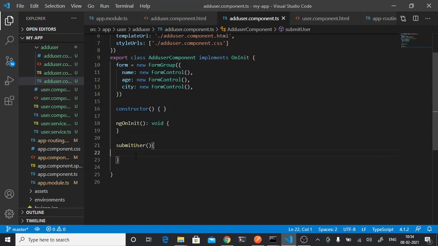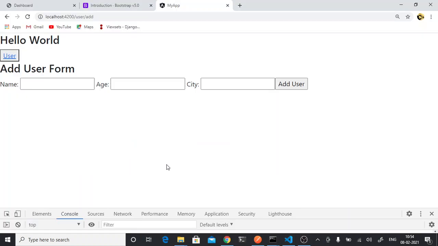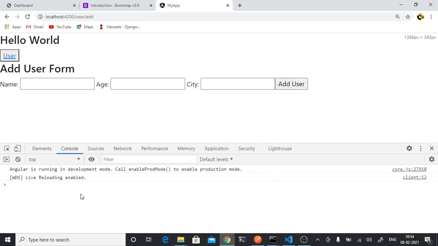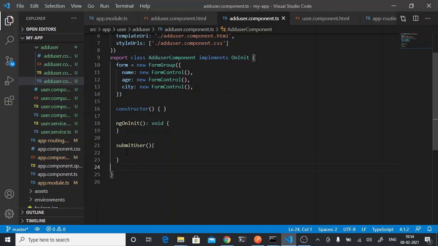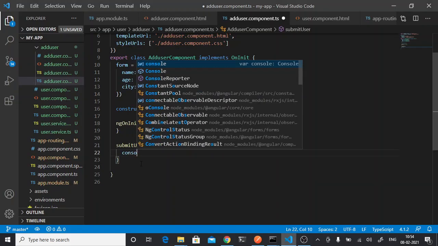And here whatever we are submitting is coming in form, correct? So let's see, our error is gone. So now whenever I add something here and click on add user, it will call my function. So in console we will see what values we are getting. So here I will just do a simple console.log,